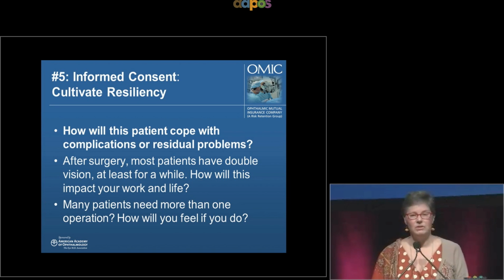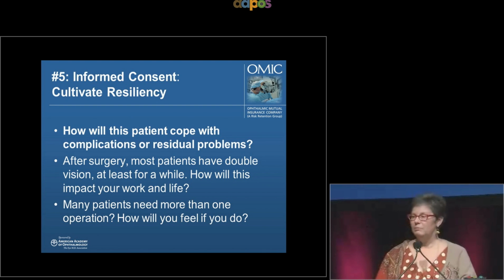You can help patients. And one of the things that I wanted to mention in the pediatric glaucoma session yesterday was prepare patients to be non-compliant. And by that I don't mean encourage it, but let them know that people have trouble taking these drops, or we often find out people don't take their drops because they don't think they have the disease, or they don't have the money, or sort of say, if you have problems, let us know, because many people do.